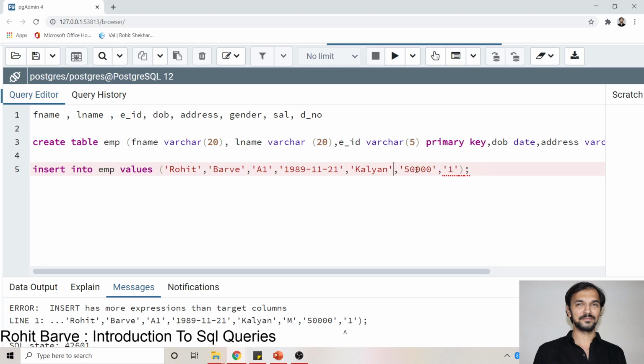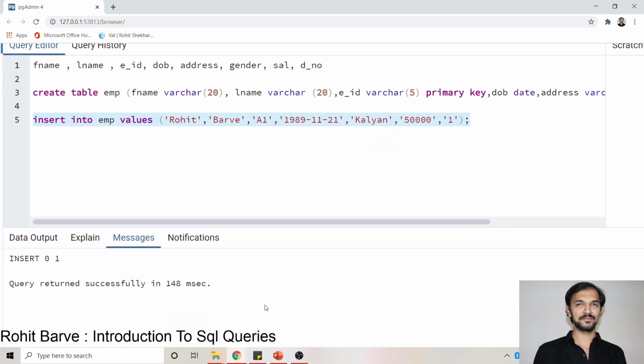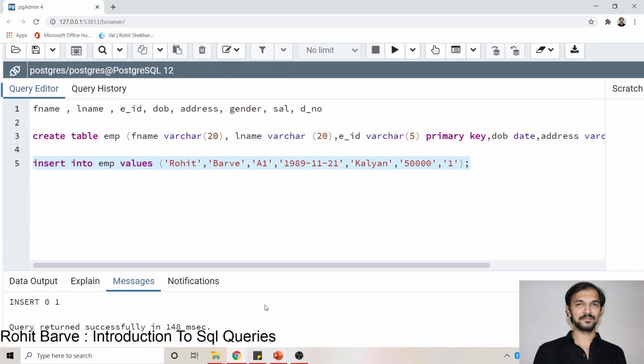While I defined the table, gender was not defined, so that's okay. I will now select the line and hit execute, and you can see query returned successfully in 148 milliseconds. So now we have inserted the first value in our created table. I can write here that gender is not inserted, so I will delete gender, so that we have a good reference of what we have entered and what columns we have in our table.